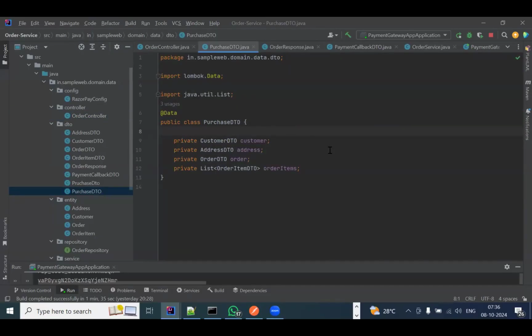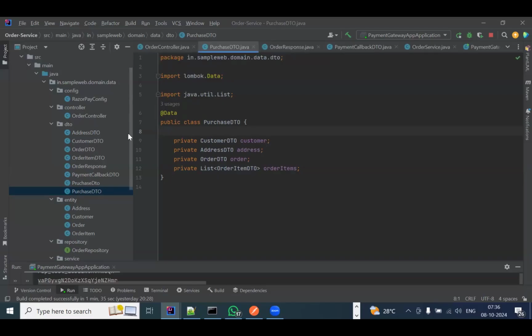Here we have customer DTO, which is customer, address DTO is address, and order DTO is order, and order item DTO is the same. So we are taking a customer, address, one order, and the list of order items, and then go back to